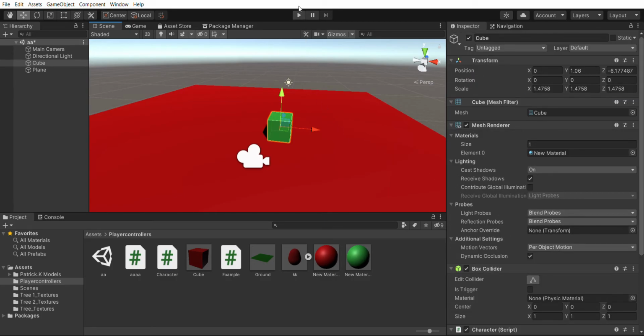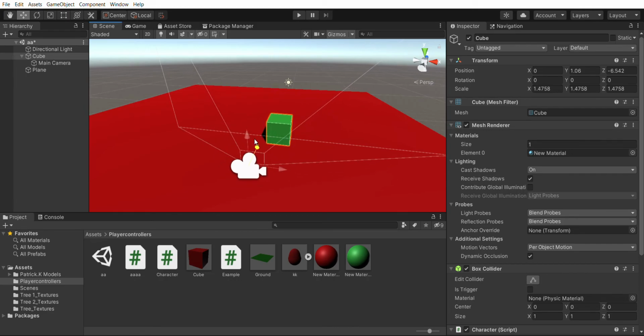Then we will make the camera a child of the cube, so that it always follows the cube's back. So we will make the main camera a child of it by dragging it into the cube. Here it is, it became a child of the cube. Now if we move it, the cube also moves. Okay, it's simple.